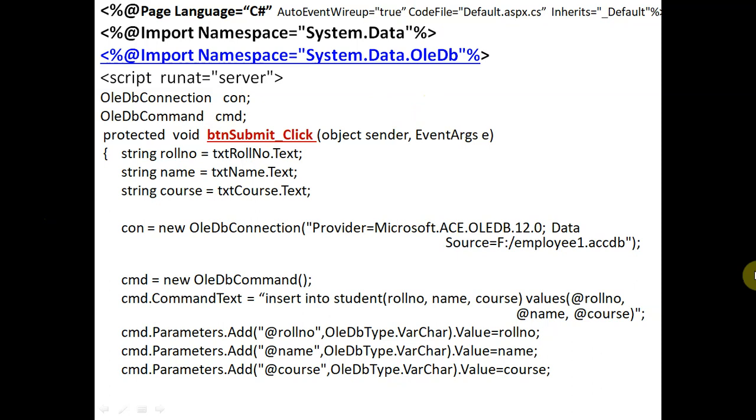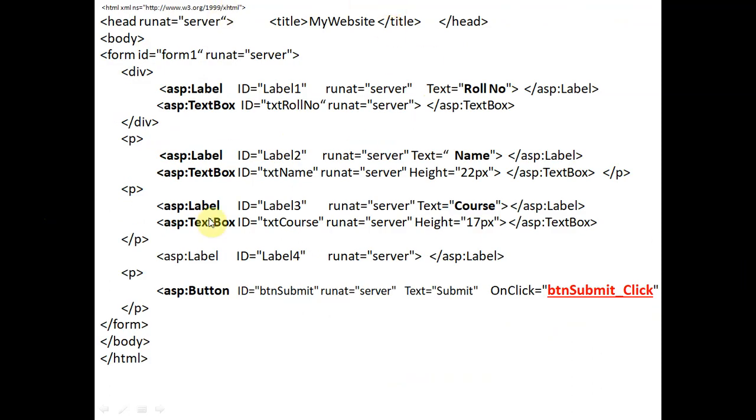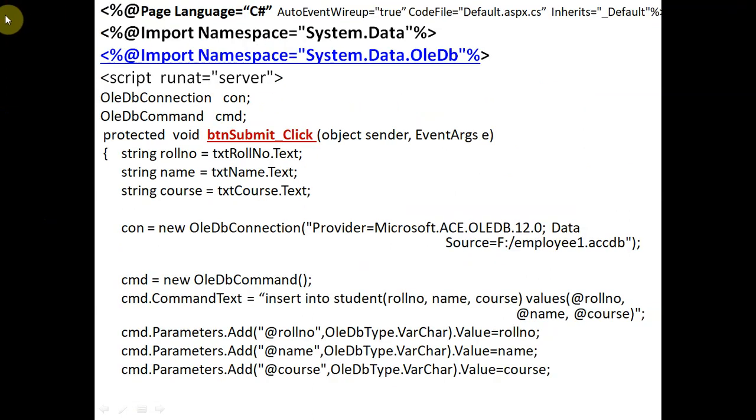So this is the C# code, and this is the HTML code, and here the ASP tags are in this page. So this is the HTML page, and this is our C# page. You can see here we have written %@ page language equals C#.